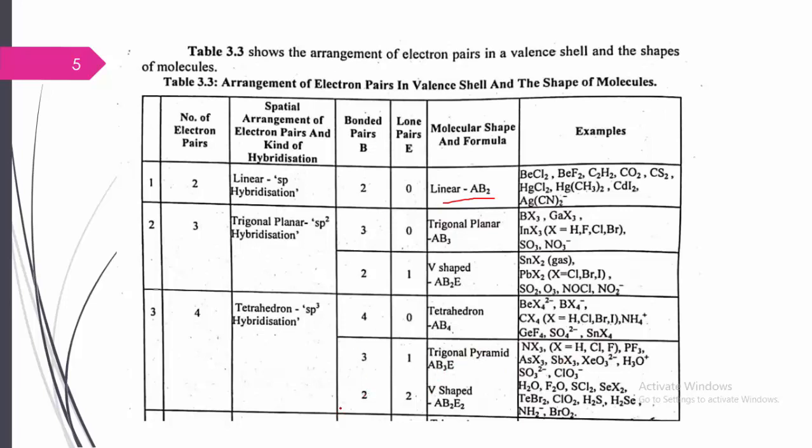Further, for sp3 hybridization with two lone pairs of electrons and two bond pairs of electrons, it again forms a V shape. Examples here we can see are H2O molecules, which we already studied, Cl2O, ClO2 molecule, and H2S. These are the examples of sp3 hybridization with two lone pairs of electrons.